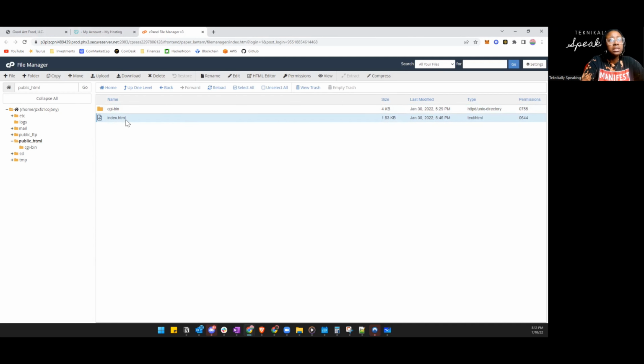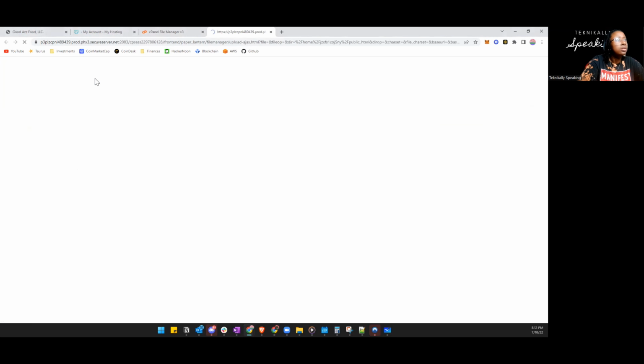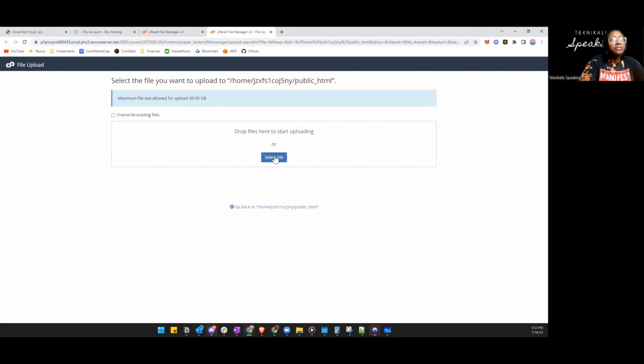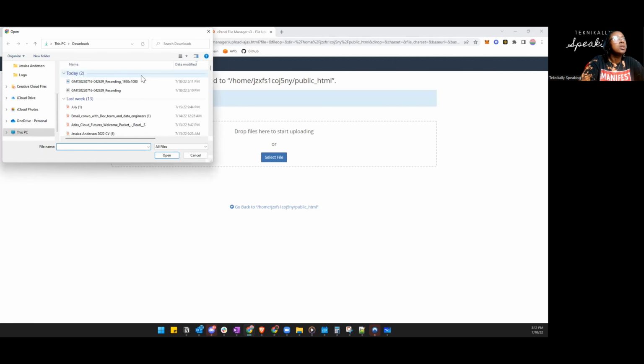Do I want to delete it? I'll keep it. But what I can do is, once you delete everything and you only have this folder, you're going to upload your file, okay? So you're going to say upload, upload here. Let me click our tab, upload, and you're going to select a file and you're going to upload